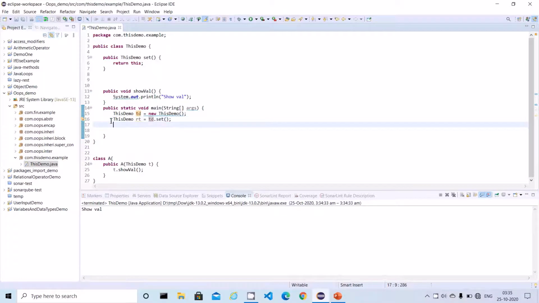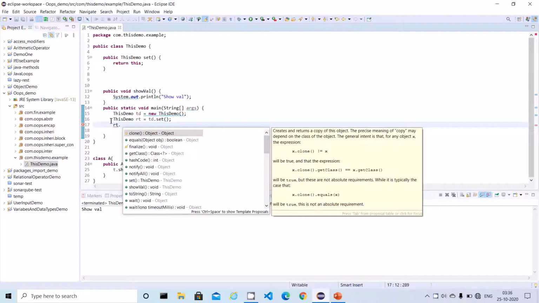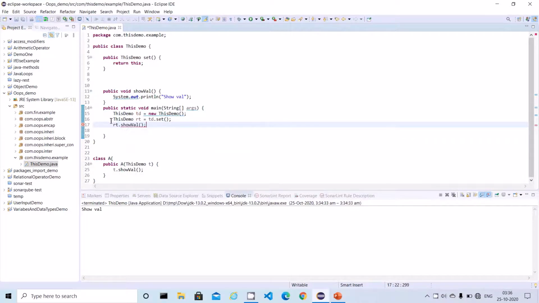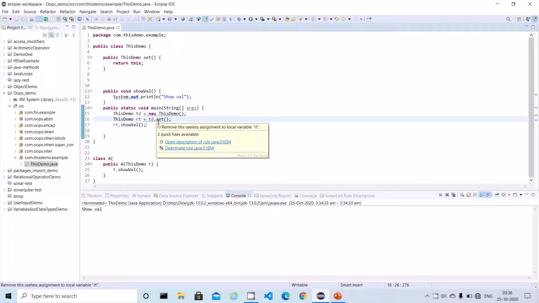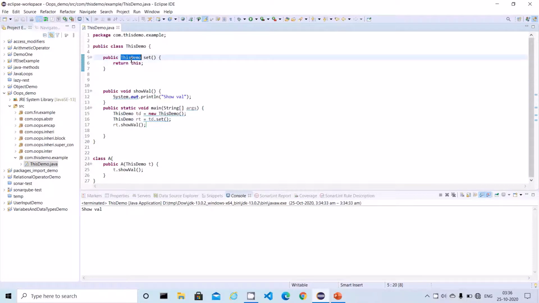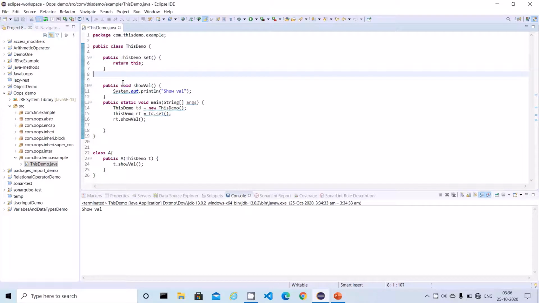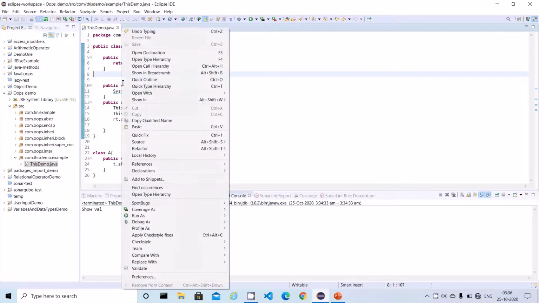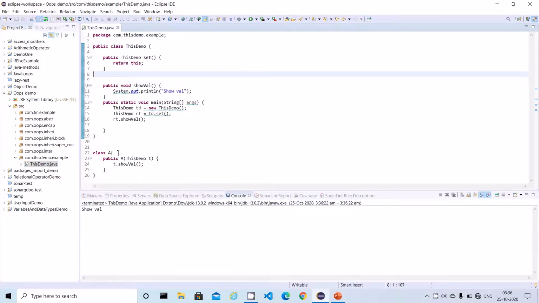So I can use this return type and I can call any method which is available inside this same class. So the last use case is we can use this keyword as a return type of the current object or current state. So now I can call this method directly by using the return reference.